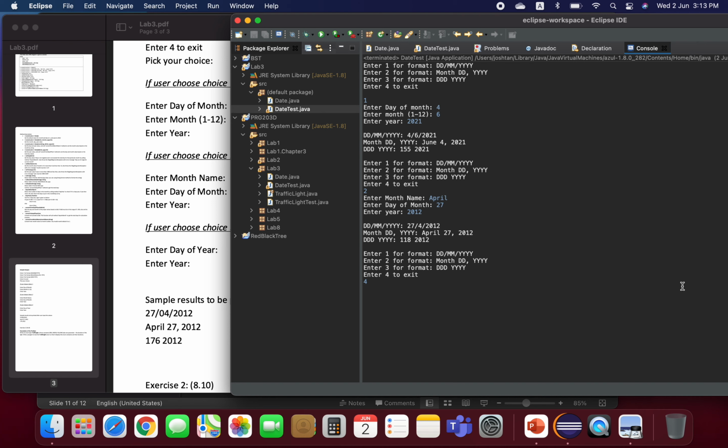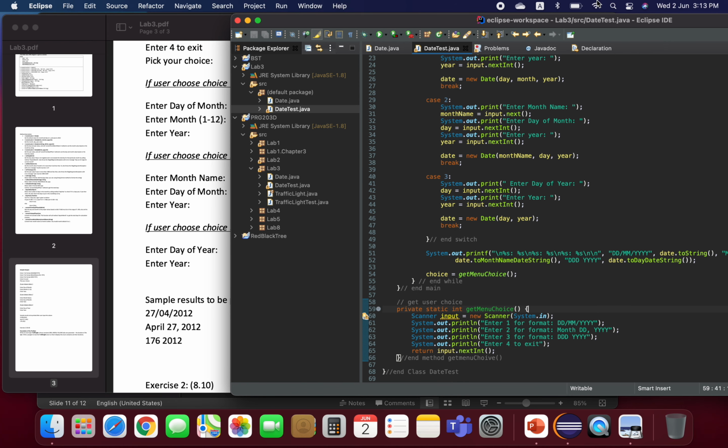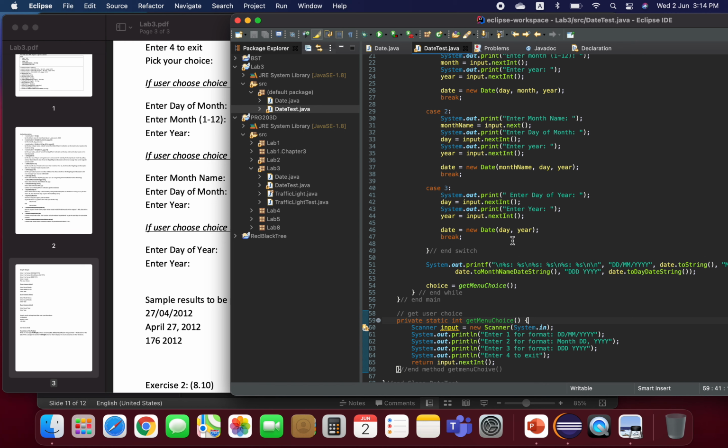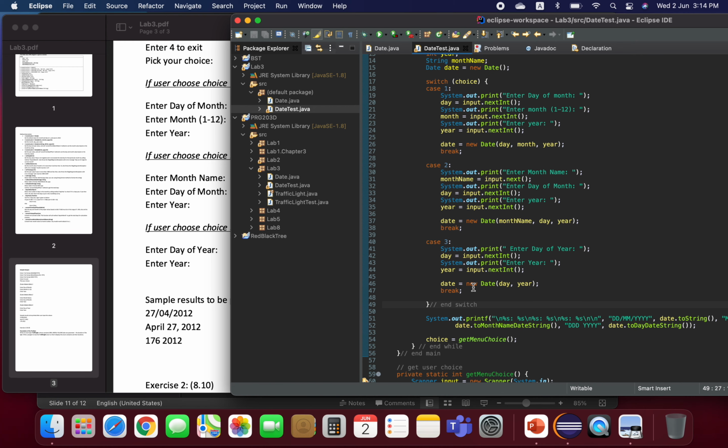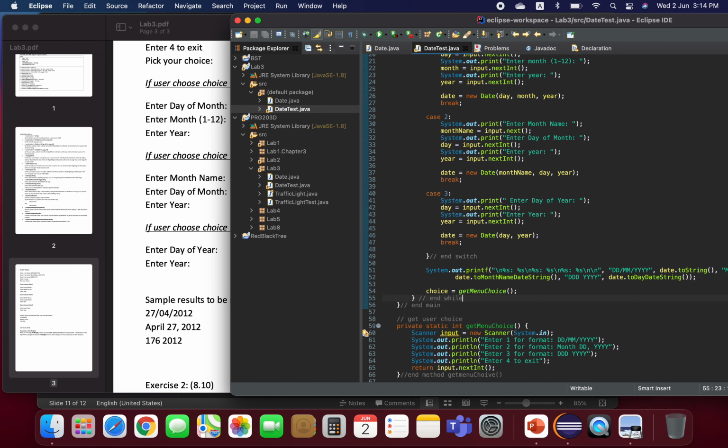To exit the program, the while loop runs while the choice is not equal to 4, right? So let me try this. At the end of the switch, at the end of the while here,